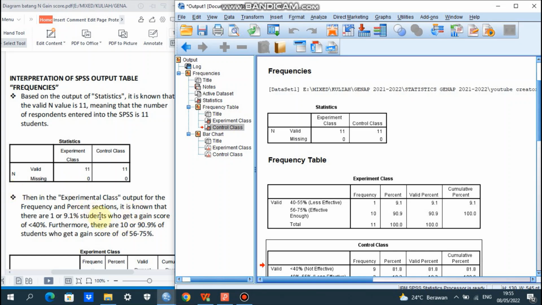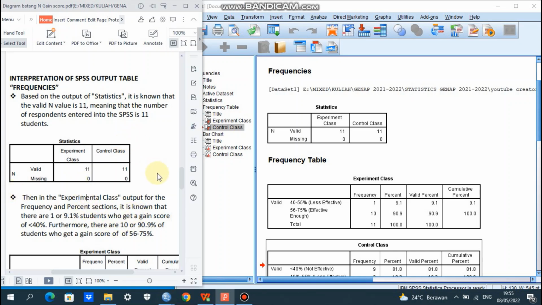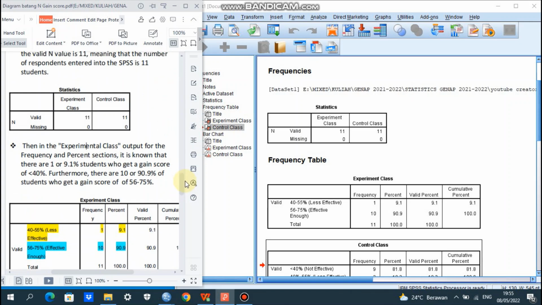So I have already made the summary here. In the experiment class output for the frequency and percent section, it is known that there is one participant, or one student, or 9.1% of students, who get a gain score of less than 40%.